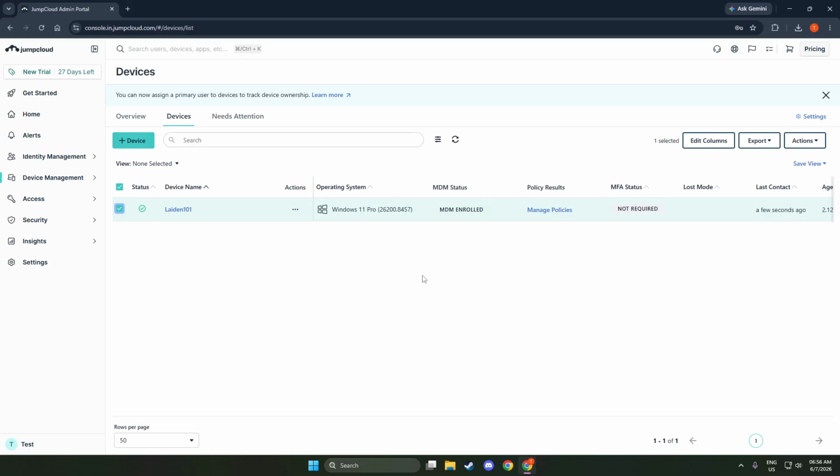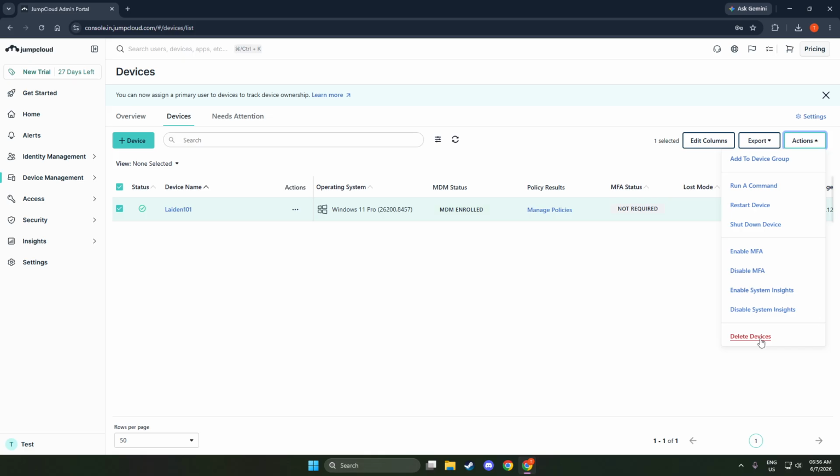Keep in mind that deleting the device from the portal is more than just removing it from the list. It also triggers the uninstall process for the JumpCloud agent, as long as the computer is in the right state. For this to happen automatically, the device must be listed as active and system reporting. That status means the computer is currently connected and checking in with JumpCloud. When that condition is met, JumpCloud automatically removes the agent and its related policies from the computer.